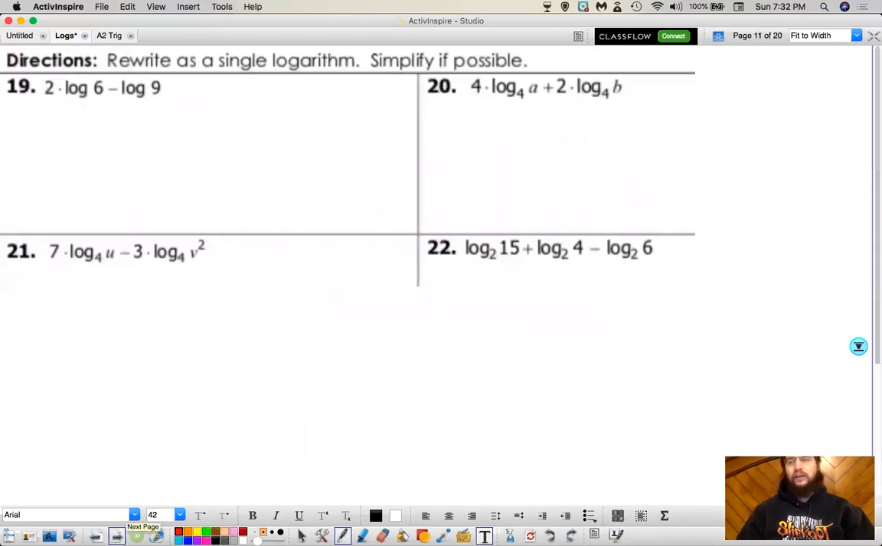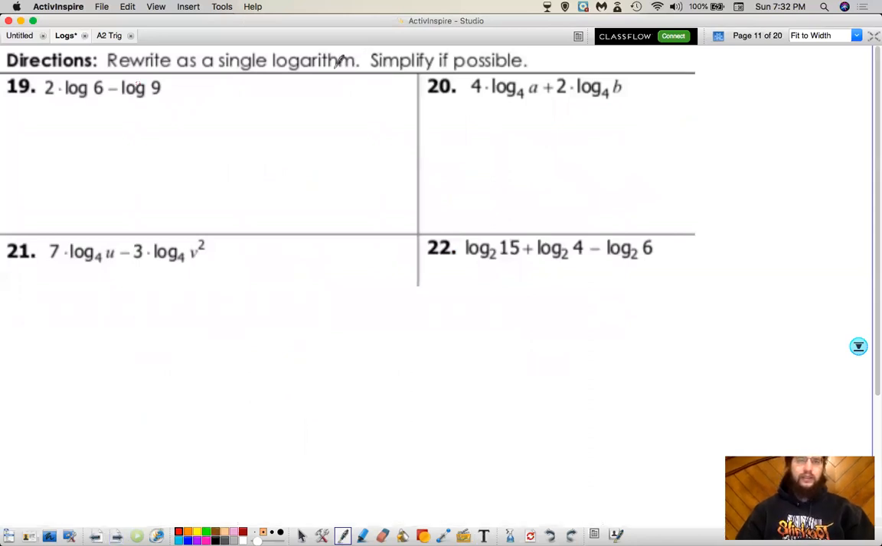So now we're just going to take all those rules and shove them together. Directions: condense. It says rewrite into a single logarithm. That means get it all together, condense it. So before I can do anything with the subtraction, I have to take care of the multiplication. I'm going to raise 6 to the second power. Log of 36